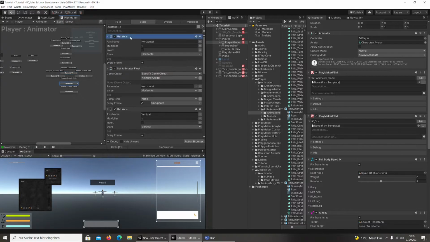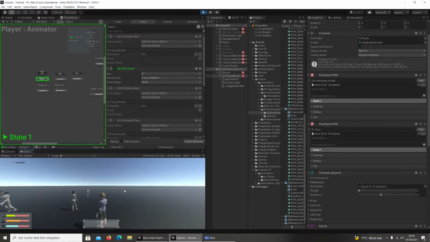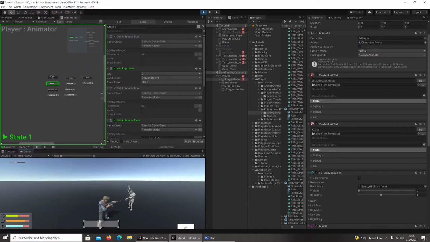The aim here and the aim here, can put it into it. So